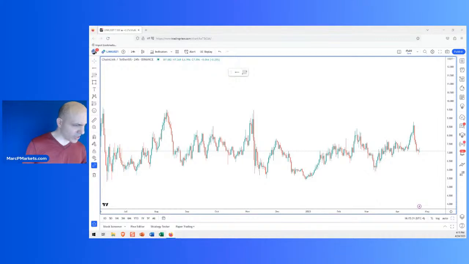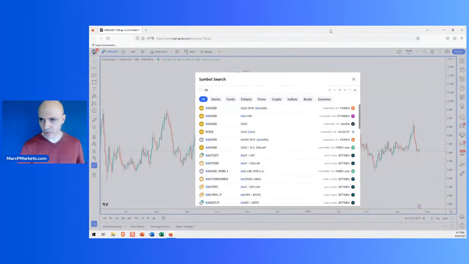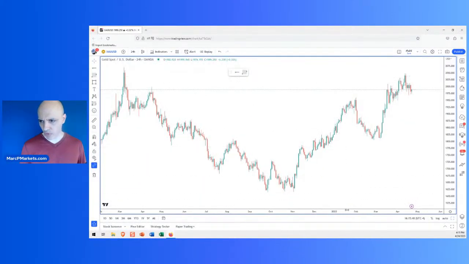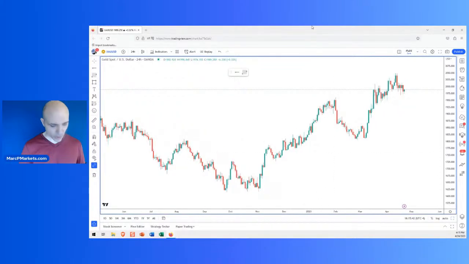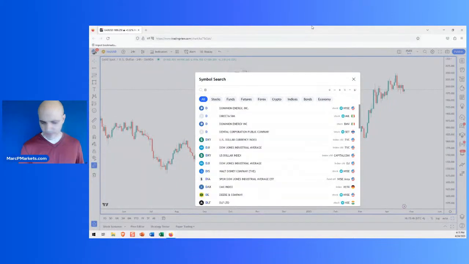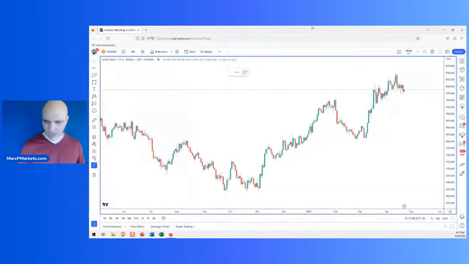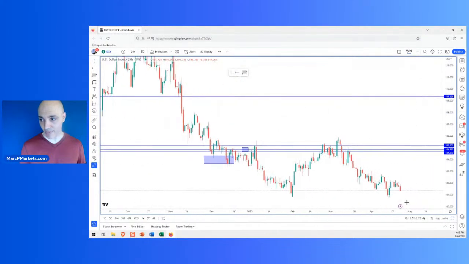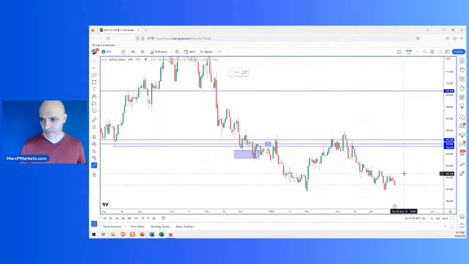Okay. Gold. So let's take a look at gold. Gold has been interesting. So, gold has been obviously reacting to the dollar. Here's gold. In fact, whenever you look at gold, you should look at the dollar index. Okay, so let's just take a look at the dollar index first, real quick. You should look at the dollar index. You should look at the bond market. You should look at these things every time. Okay, the S&P, and compare them to each other.